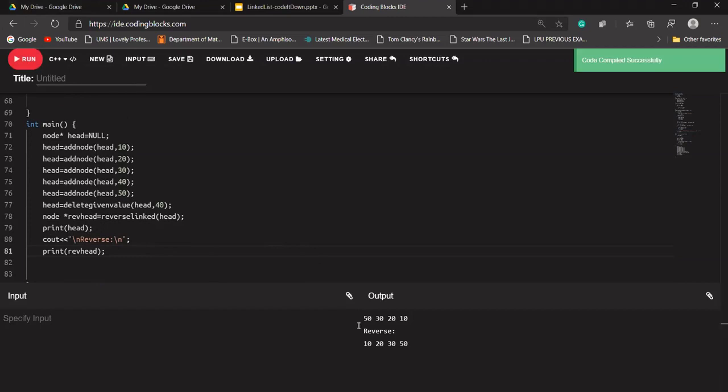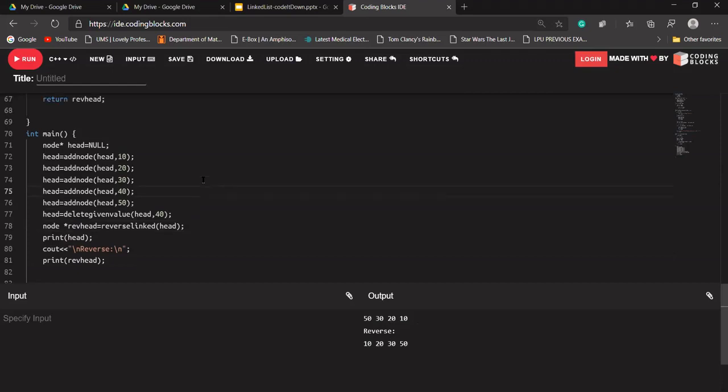So it is reversing the linked list. The original linked list is also still present in our memory, and we have created another linked list and added the data into its reverse, because we keep iterating over the original linked list. When we found our first data, we added it into the new linked list. Again, when we found our second data, we added it at the front of that linked list. We keep on iterating like this. Is the code clear to everyone?